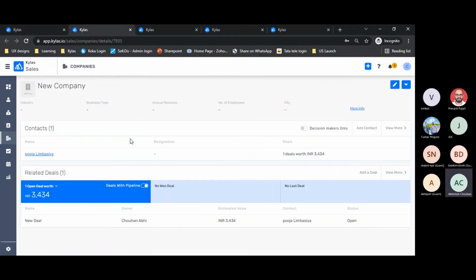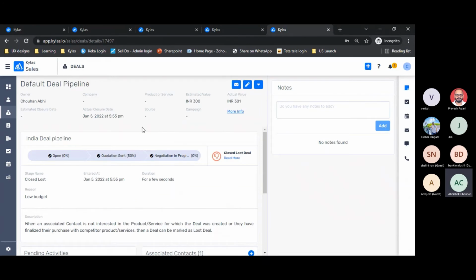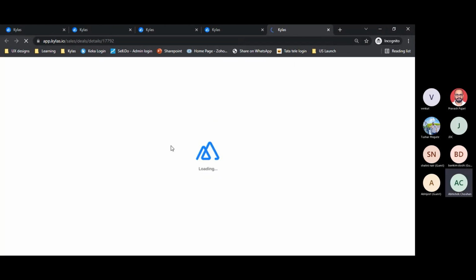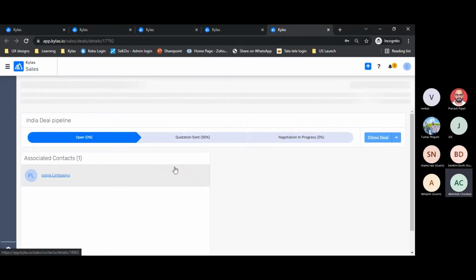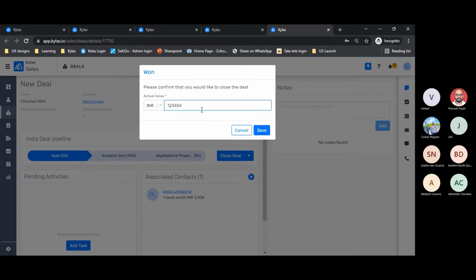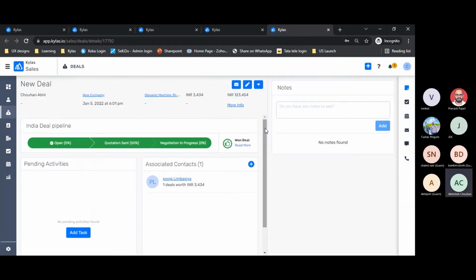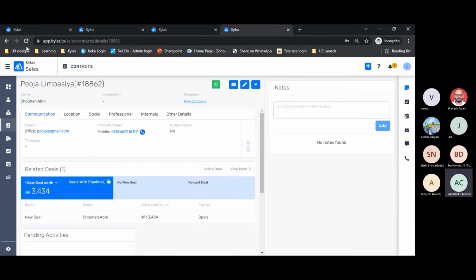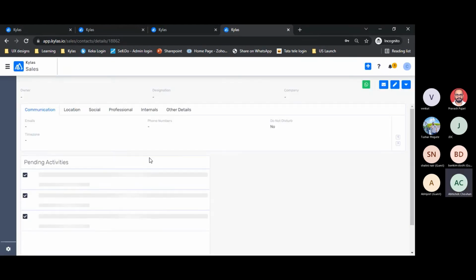Suppose this person ended up buying the product that I was selling them. So this is the deal, and let's say this deal is now closed, right? So this deal is visible in the won deal section of this particular contact.